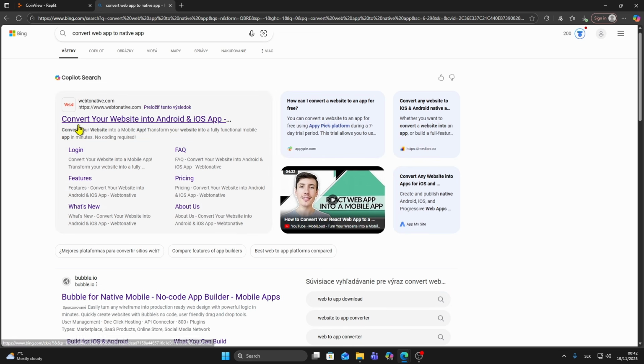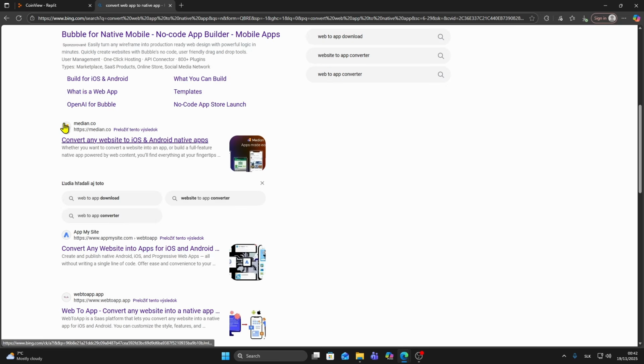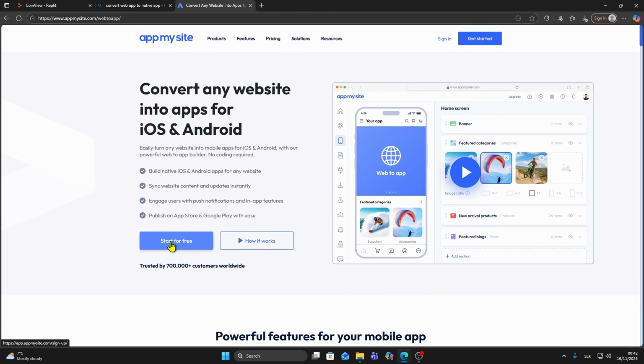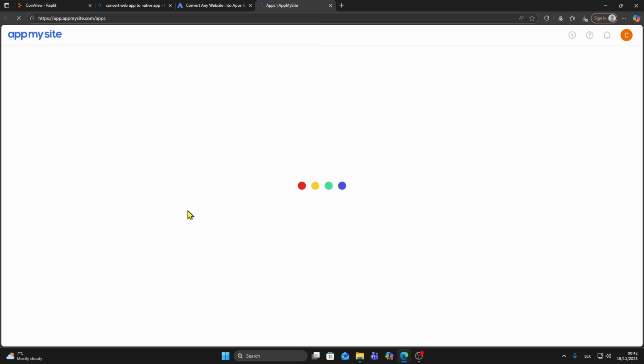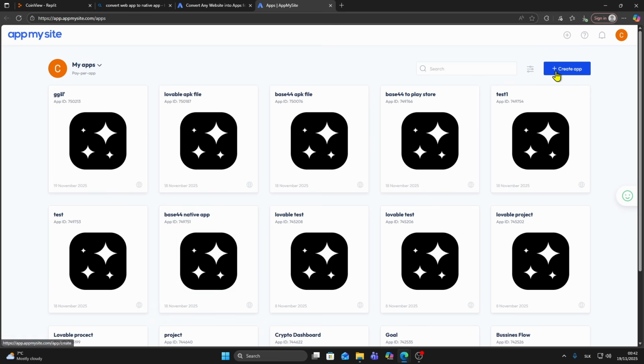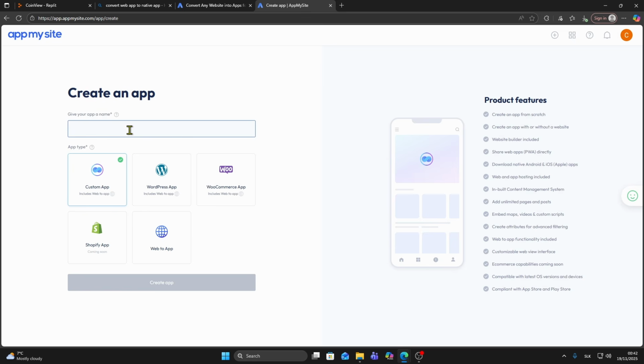You can find many sites which are able to do this. So let's say I'm going to choose appmysite.com. From here, click on Start for free. Then click on Create App. You can name your app. So for example, Replit